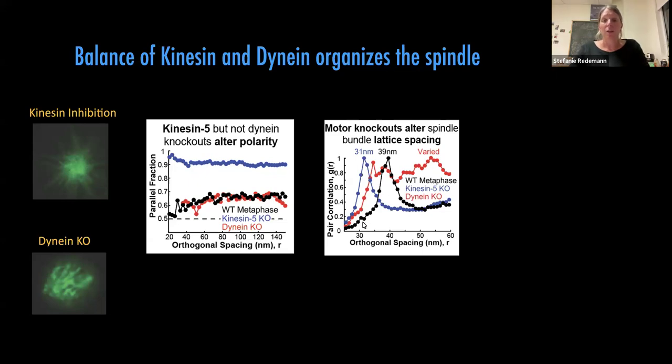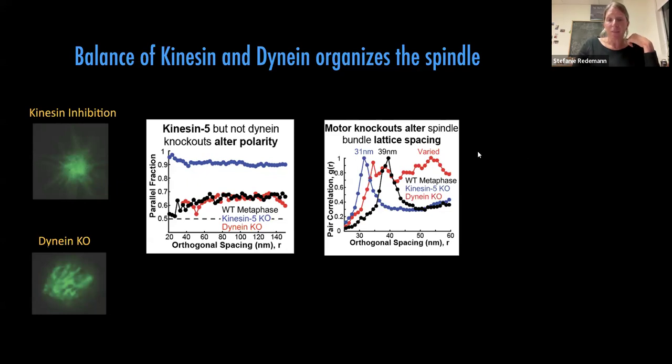And so you can see this here, right? At the beginning, I said that the neighbor spacing is about 39 nanometers. So you can see this here. If we deplete the kinesin, microtubules collapse. So the spacing is reduced. It's only 31 nanometers. And if we deplete dynein, you can see that there's a variation in the spacing. You see there's multiple peaks. So actually the lattice spacing expands, and you can, I think, also see that this probably causes this severe